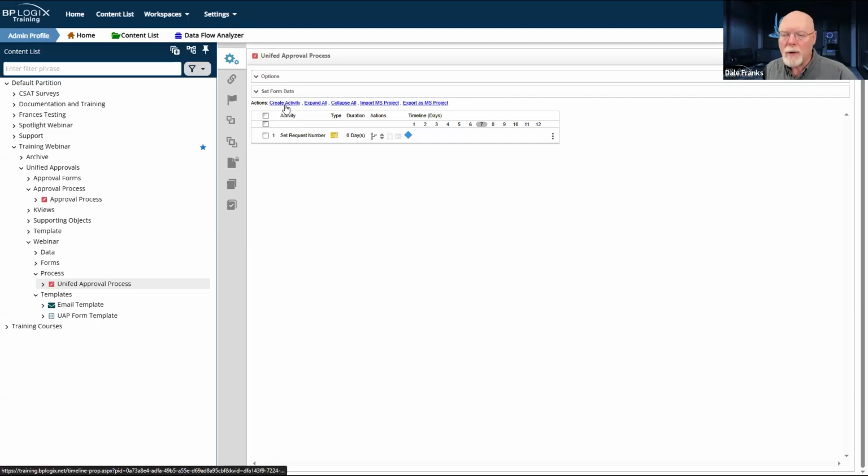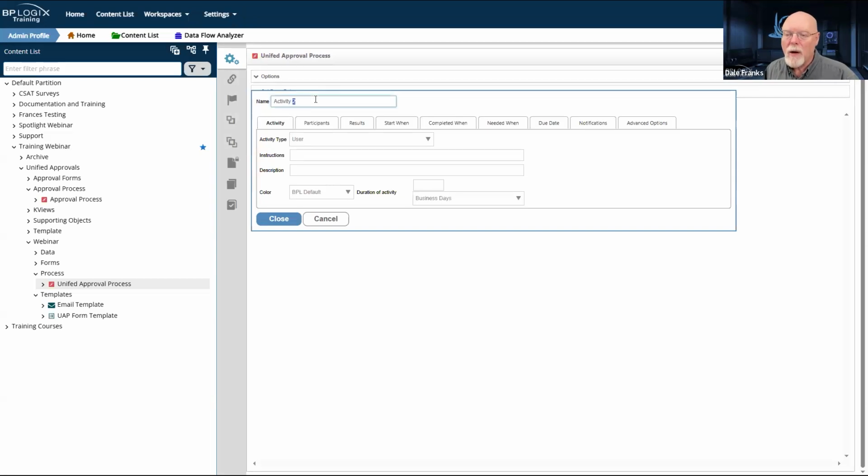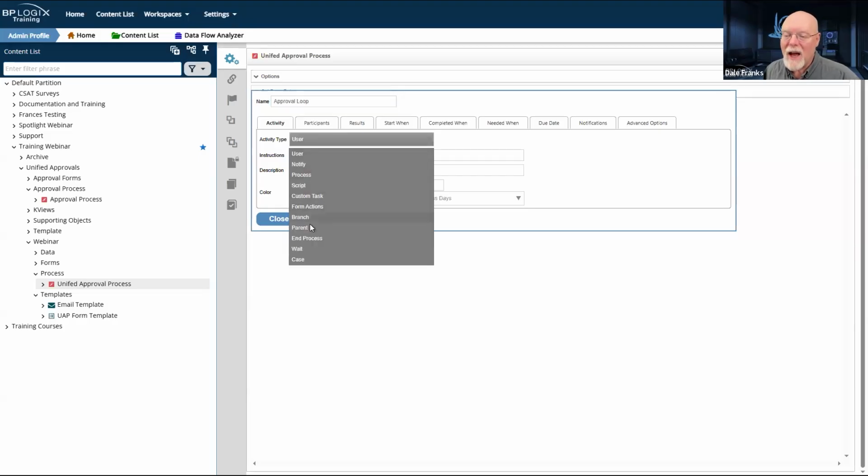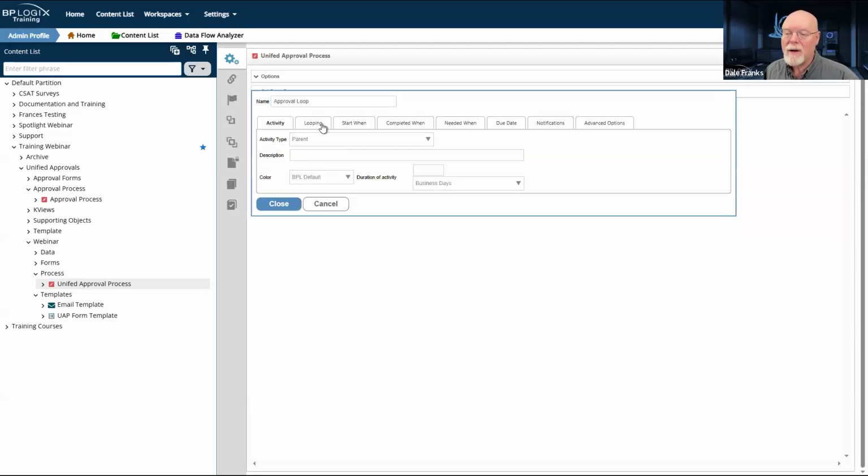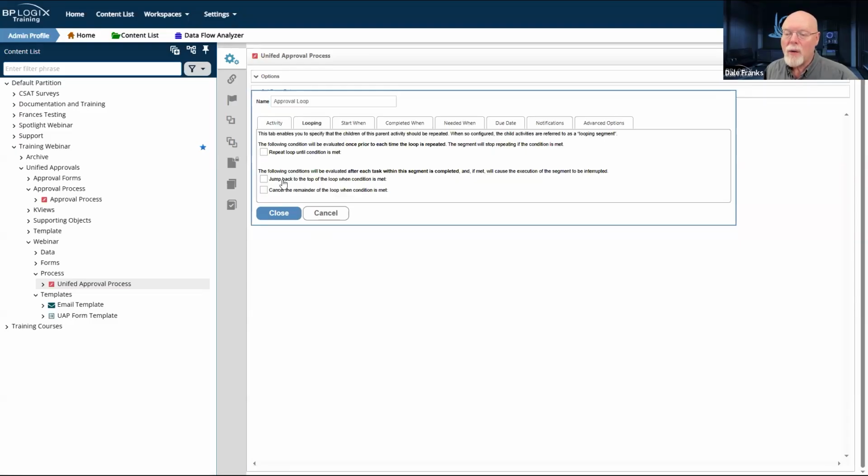The first thing we're going to do is create an activity. We are going to make it dependent on our set request number. And this second activity, we're going to call the approval loop. And for the approval loop, we are going to set this as a parent activity, and we're going to set some looping conditions.